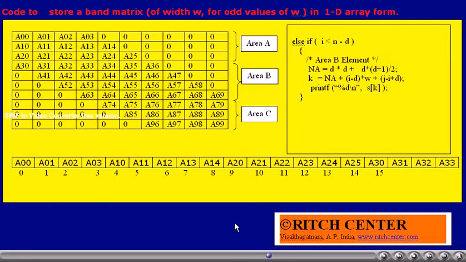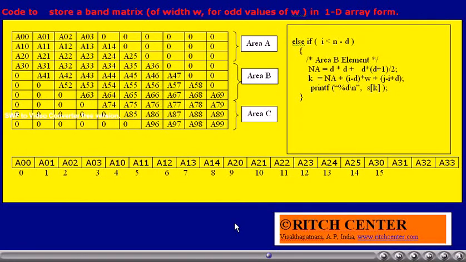Now, we are interested to find out the index of the element of our interest with respect to the 1D array. For example, say the I value we want is the fifth row, and we are assuming the W value is 7. 7 by 2 is 3, so the first 3 rows don't contain complete W elements.